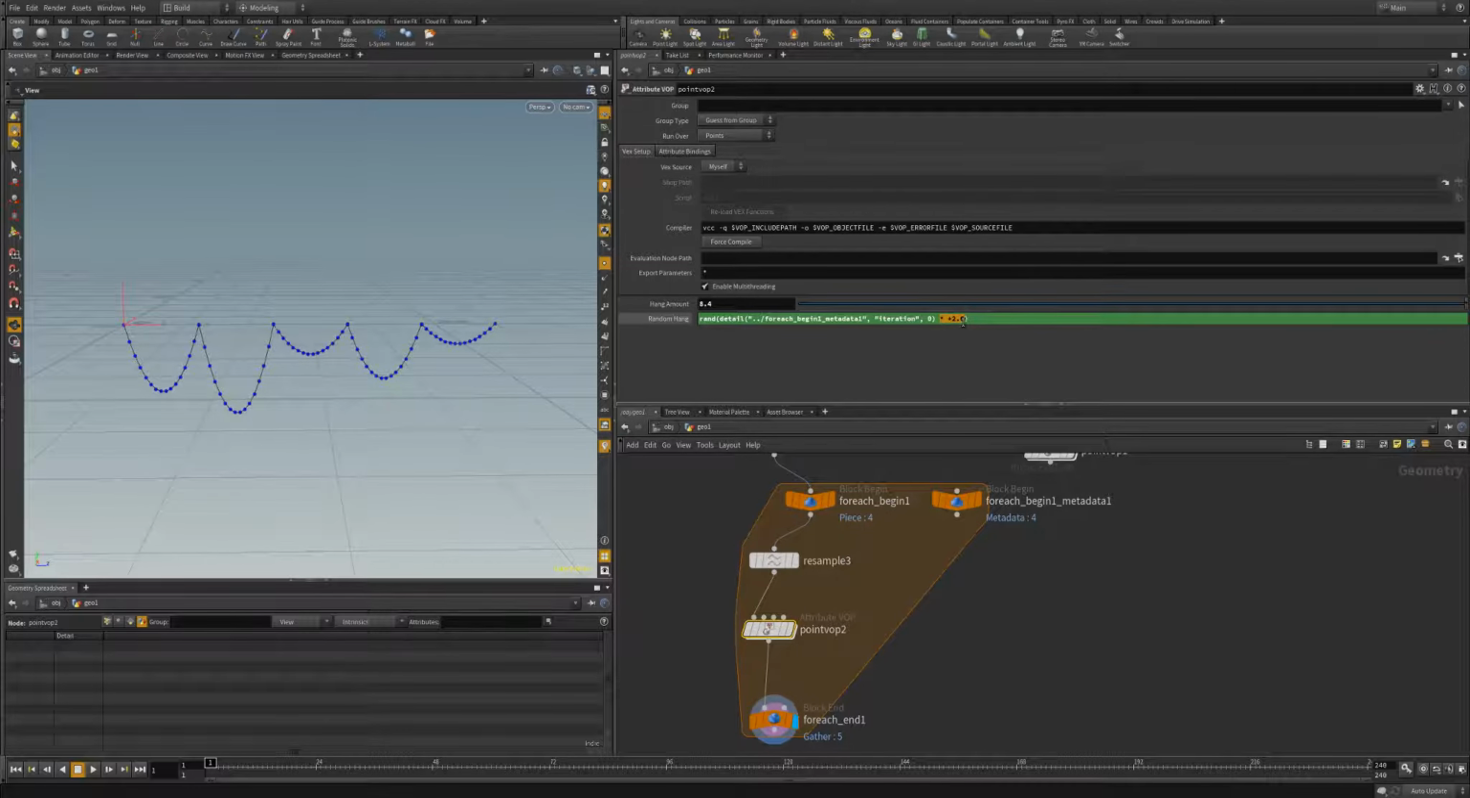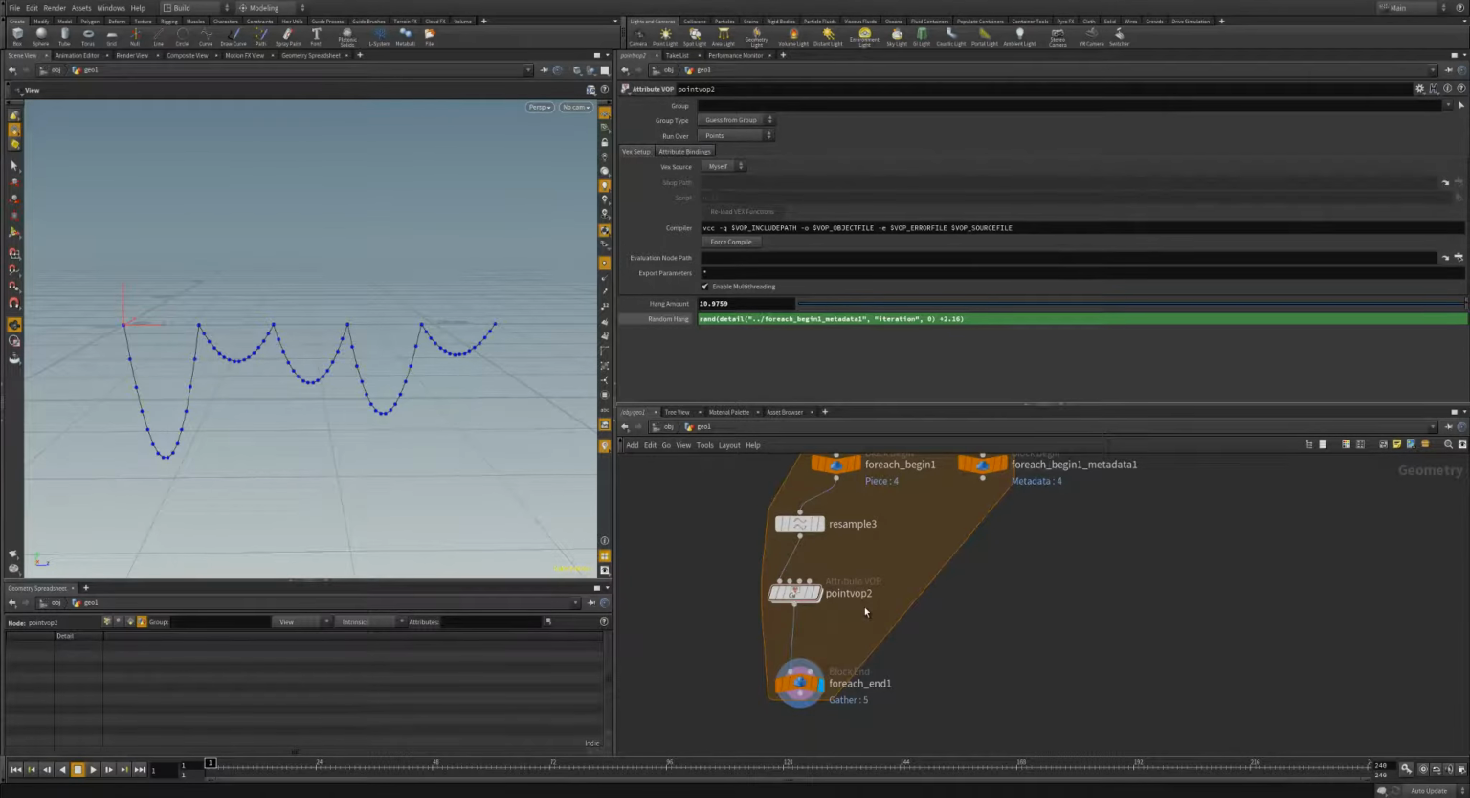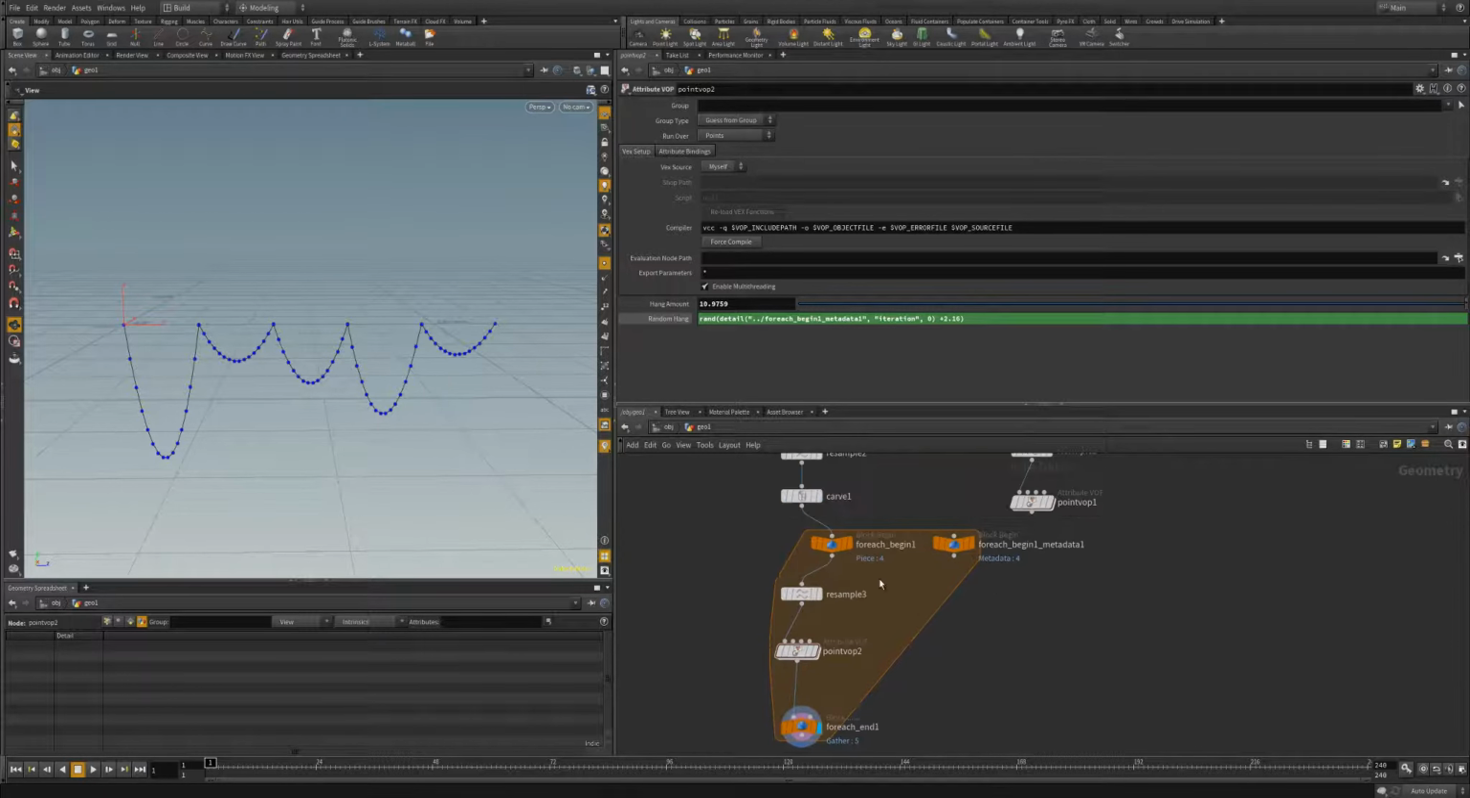We can change that by just adding a plus here, and then we'll get more randomness across each of the segments in our rand function. So now that we've got our point VOP happening inside of our for each loop here, let's take a look at